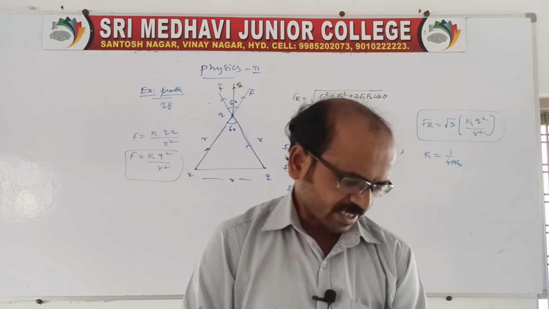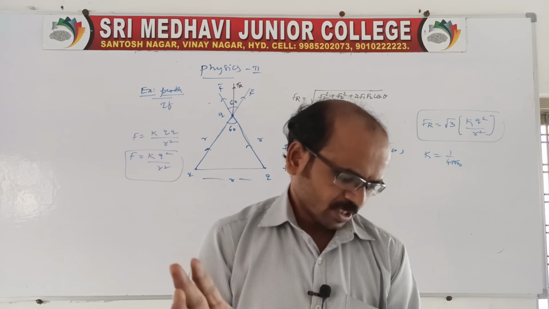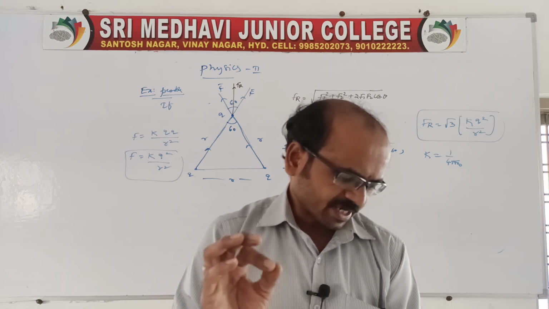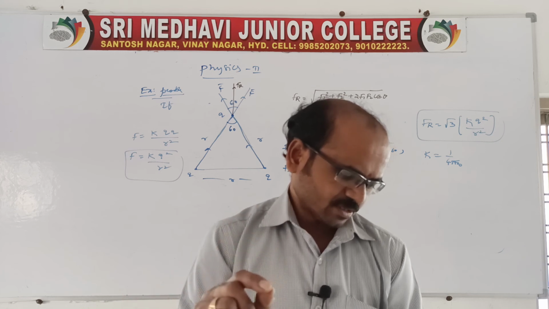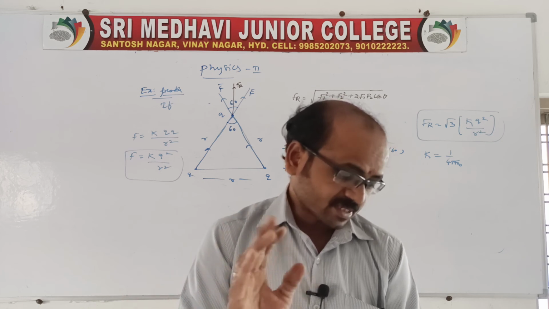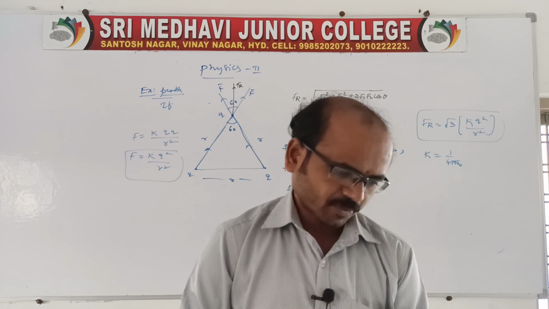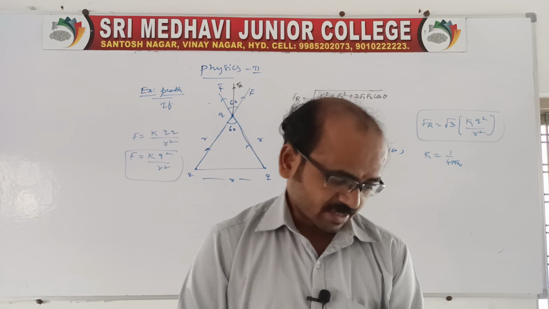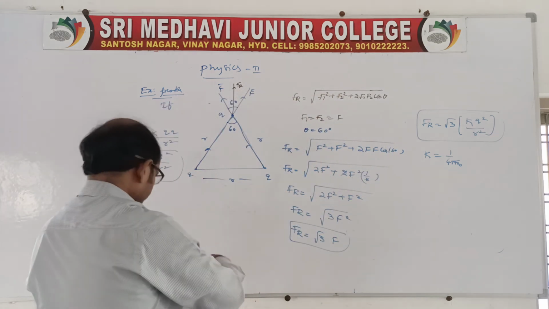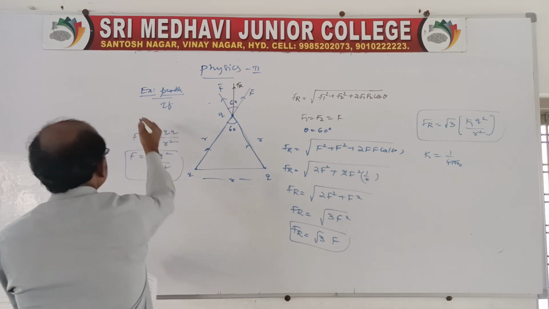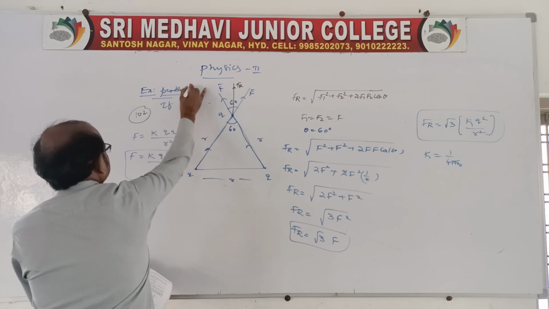Here in this question it is given: consider three charges Q1, Q2, Q3, each equal to magnitude Q, at the vertices of an equilateral triangle of side L. What is the force on the charge? Okay, it is given as a centroid. I mean to say it is the sixth question. You see the seventh question, I'm very sorry. Look at the seventh question. Seventh is on the same page number 102, question number 7.